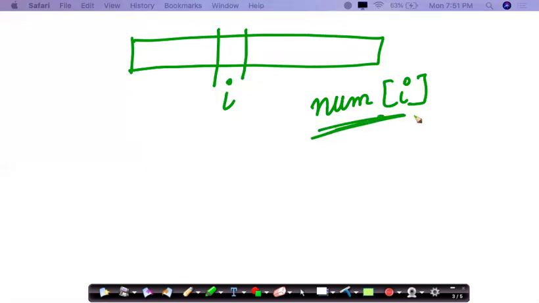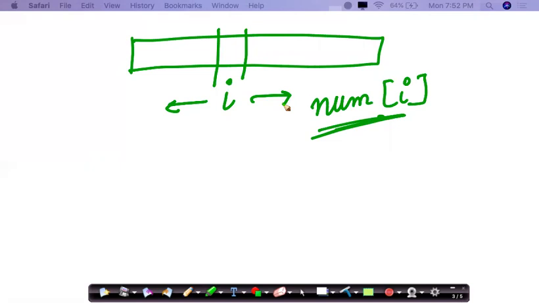To find that subarray in which this element is minimum, we need to check all the elements towards its left as well as all the elements towards its right. If all the elements towards its left and right are greater than the given element, then those elements are included in the subarray.